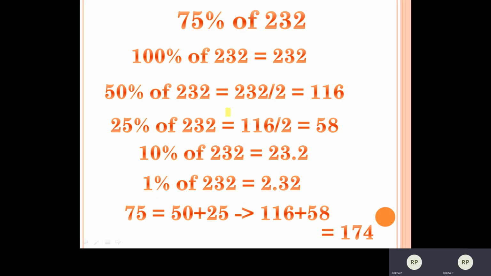Okay. So if you practice 2-3 questions, see this one, 50, you can just directly write. You don't have to write all these things and then go for the representation and all. If you just practice 2-3, you can directly and quickly write. Suppose you are asked to find out 35%, you just need to write only 25 and 10. 35, you can represent it as 25 plus 10. You don't have to write the 100%, 1% and all those things.